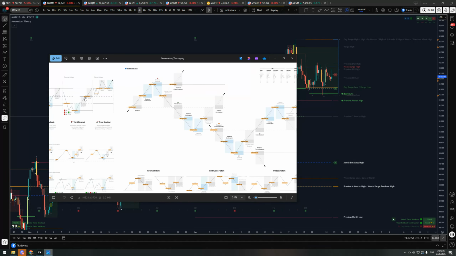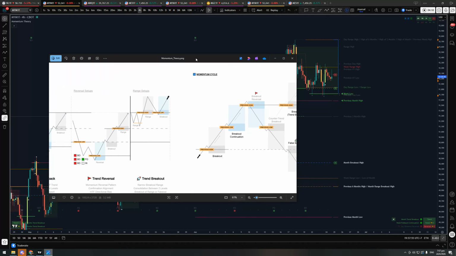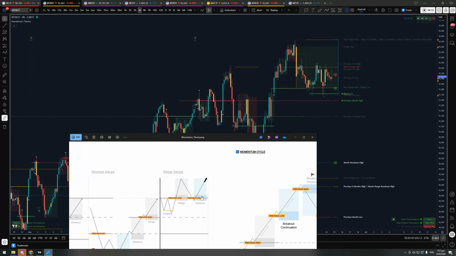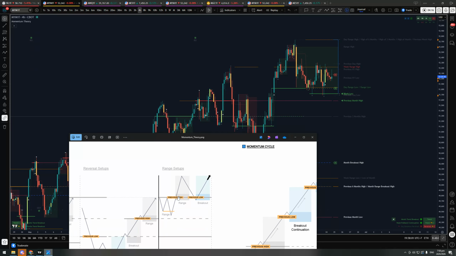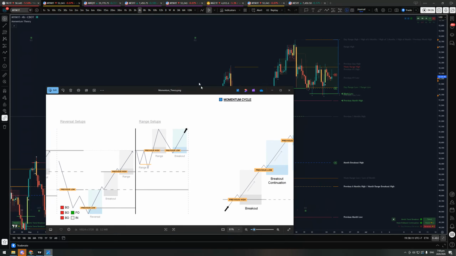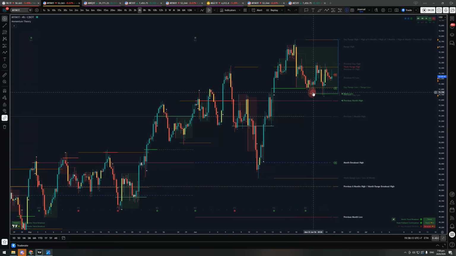So trend breakout, we have that consolidation below the previous month high, and then price broke out of the setup time frame and the previous week high momentum time frame, pulling back, faking out the low, and now I expect price to continue pushing back up to the high of the month. So I saw this one earlier this week. I took this trade